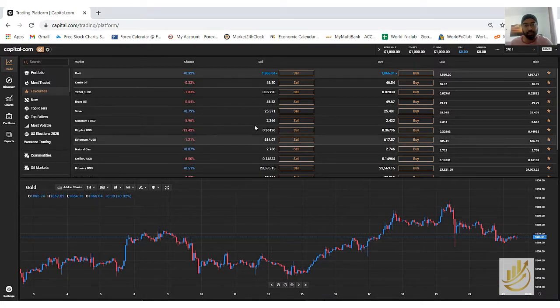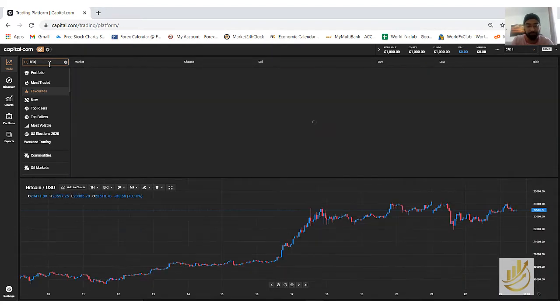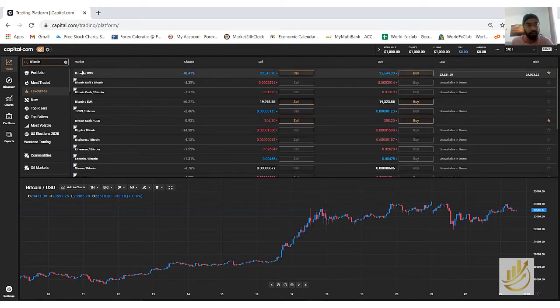And this is Capital's trading platform. Whatever you want to trade or search, just type here and the product will come. So let's say I want to trade Bitcoin, so I'll write Bitcoin and Bitcoin USD will come up. So it's easier, just search and you'll get the product. So let's first have a look at Capital's trading platform and how you actually buy and sell. So once you have Bitcoin here,